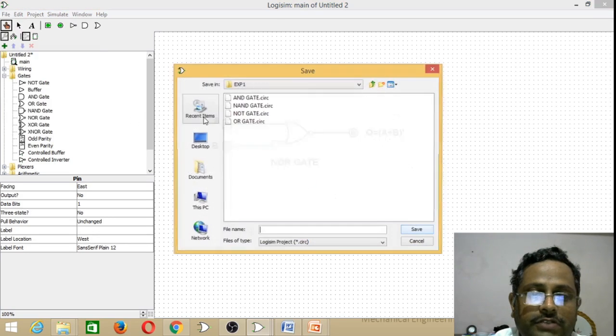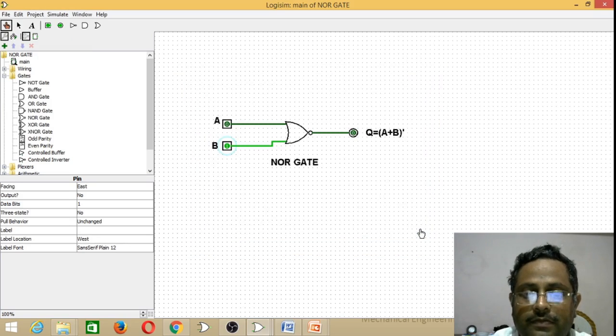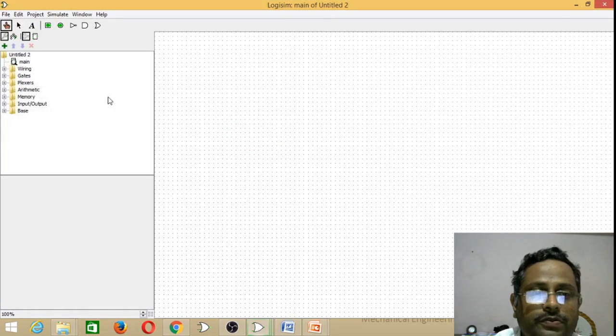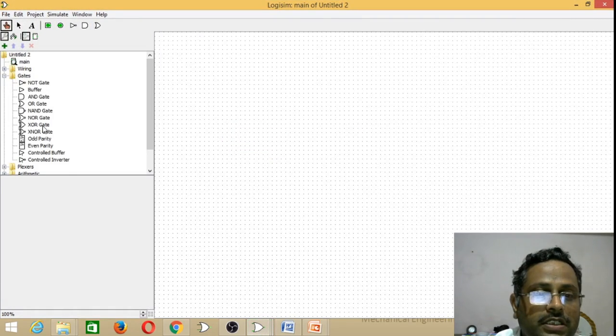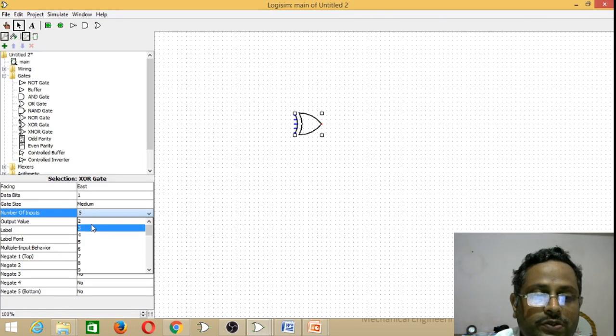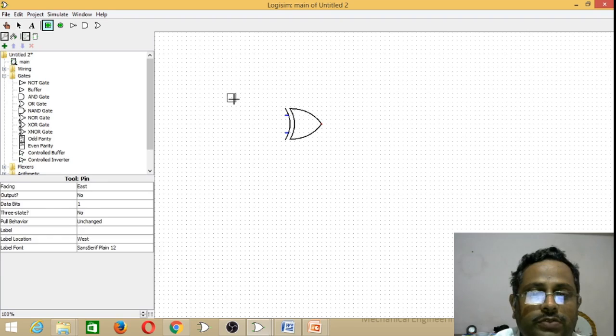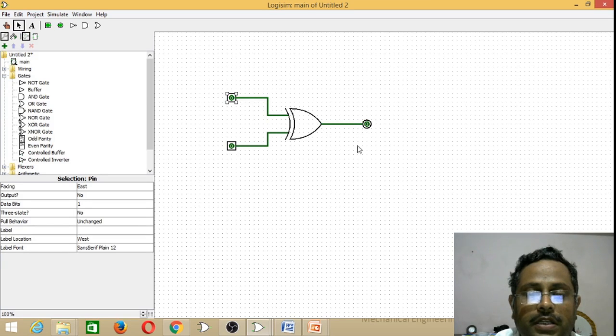Save this one before that as an OR gate. Save. Next file, new. Go for gates, insert XOR gate. See, edit the number of inputs as 2 and make it a wide size, place the input component and place the output components and wire them. Connect, then label